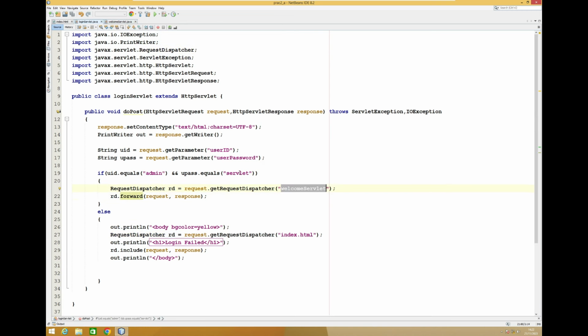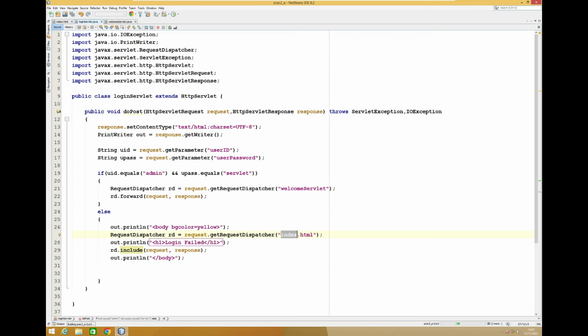If the user password is not servlet, then we have created one body tag, inside which we have given the background color as yellow. After that, we have included the index.html file, printed login failed, and then included our index.html file. So now let's run our program